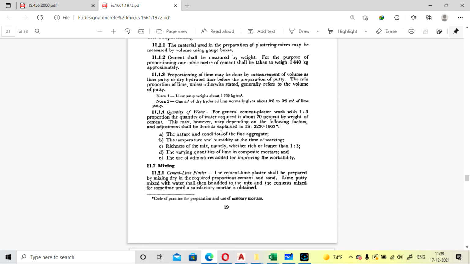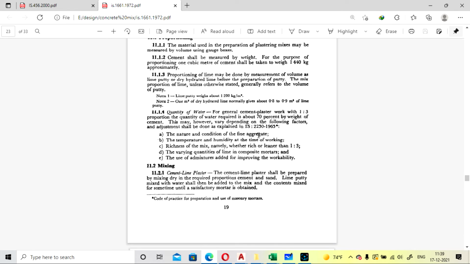So these are the conditions on which the water quantity will depend: the nature and condition of fine aggregate, that is talking about the sand; temperature and humidity at the time of working; richness of the mix, namely whether rich or lean; the varying quantities of lime in composite mortar; and use of admixture added for improving the workability.